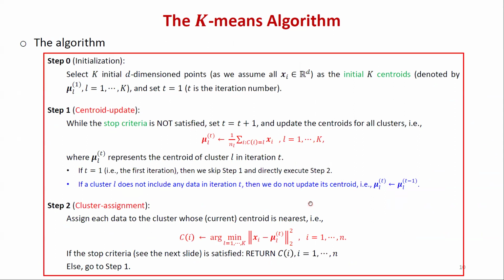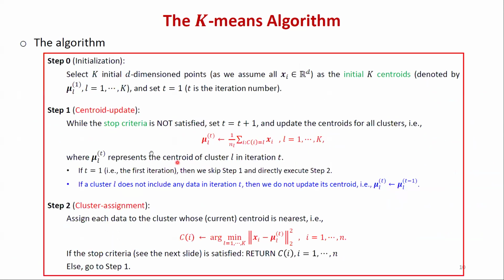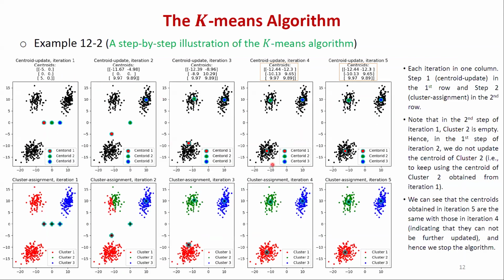The algorithm is super easy to understand. If you have any questions, just let me know. So this way, we're gonna stop. And again, it's super simple. Basically just 2 steps. Centroid update: given the current clusters, I'm gonna update the centroids, which means for each cluster L, I'm gonna calculate the mean of the points in my cluster, and then I have all the centroids. Step number 2, based on the centroids, I'm gonna reassign the points to clusters. That's it.